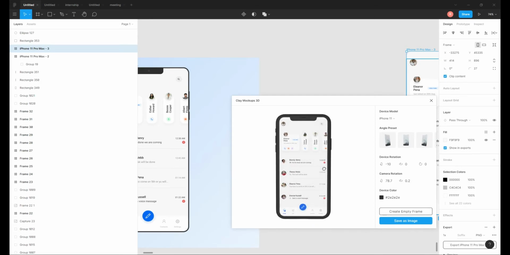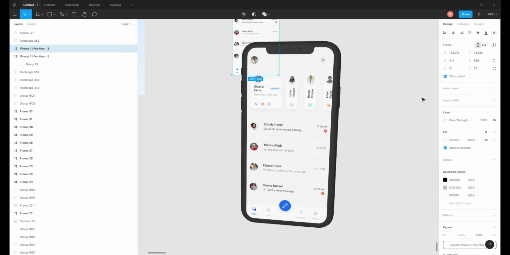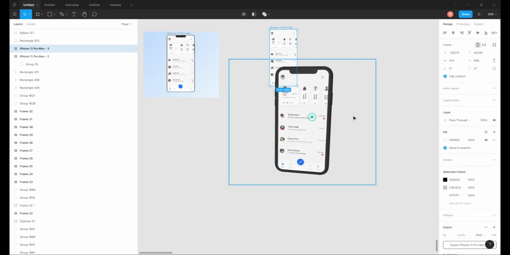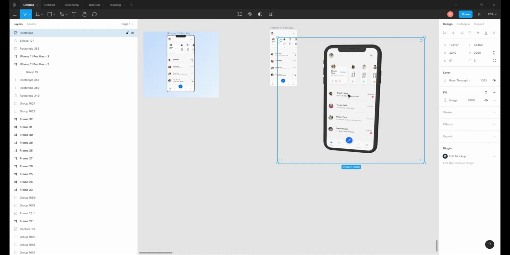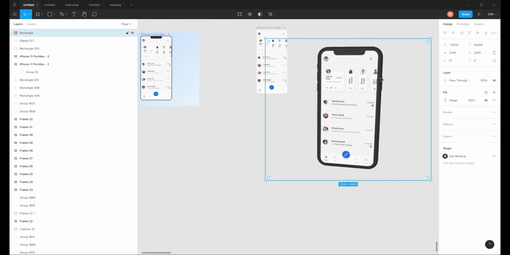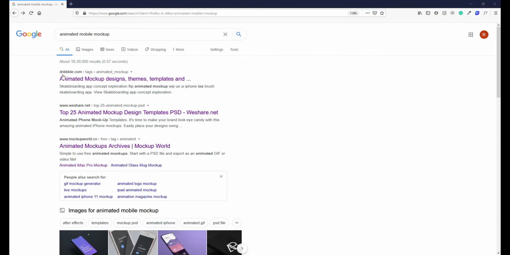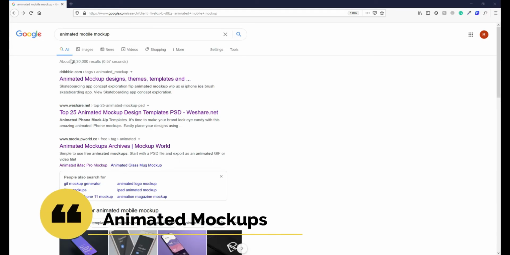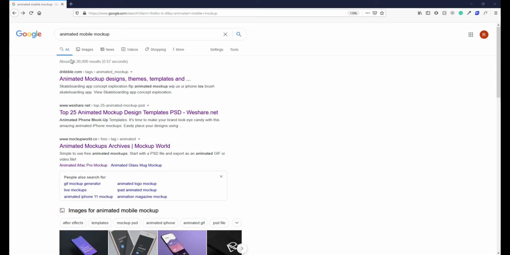Once you are done with adjusting the angles, you can save it as an image. It takes a bit of time, and then it will upload it. It looks super awesome and clean, so you can go with this, and you can of course add a background to the image.